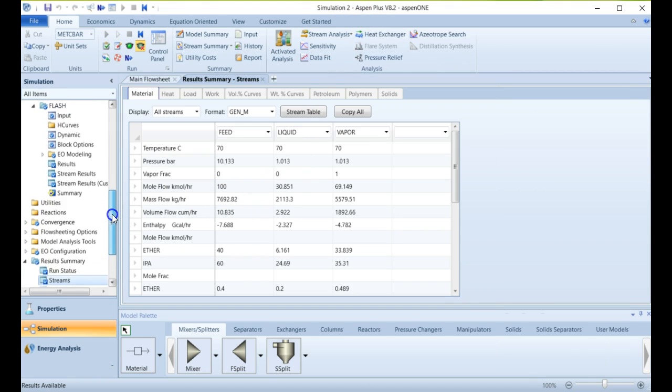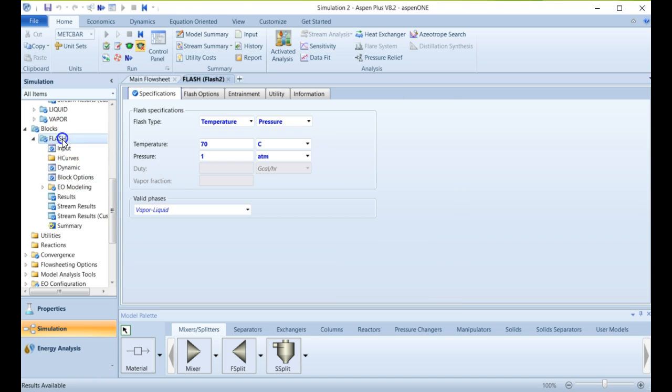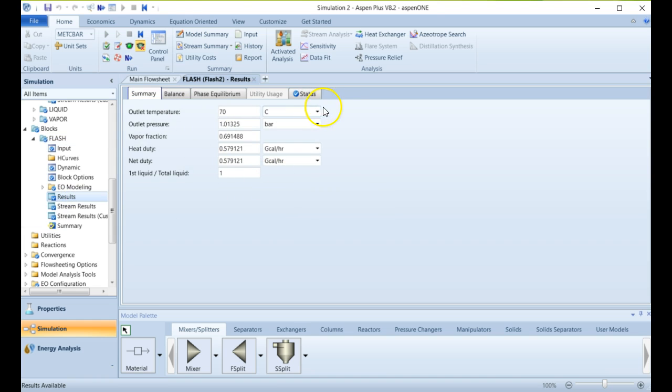We can now look at the flash unit itself. You'll see each block you place, each unit, will have results of its own present, and you can see here all the output results. The pressure was calculated. Some of these were reported, plugged in, and some of them are calculated. For example, here the flash vapor fraction was calculated. 69% of the input is coming out as vapor, hence the vapor fraction. Heat duty, you can see